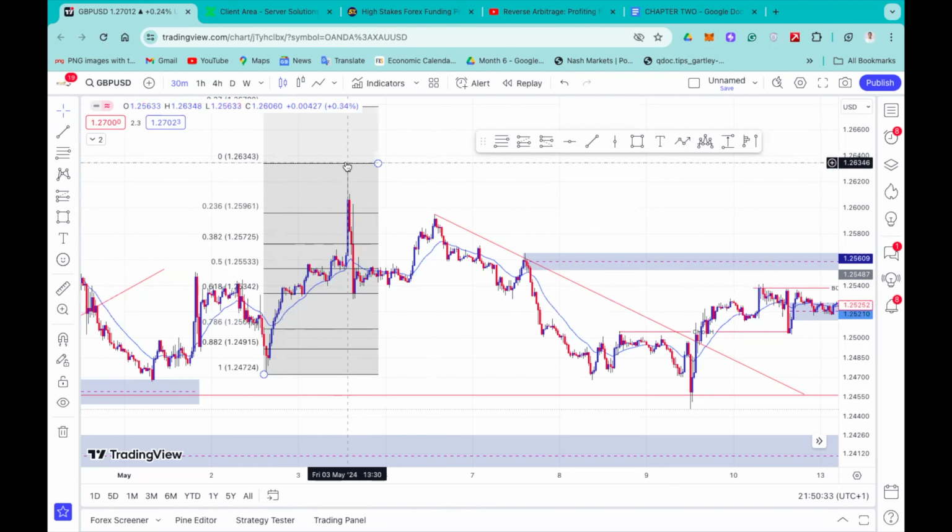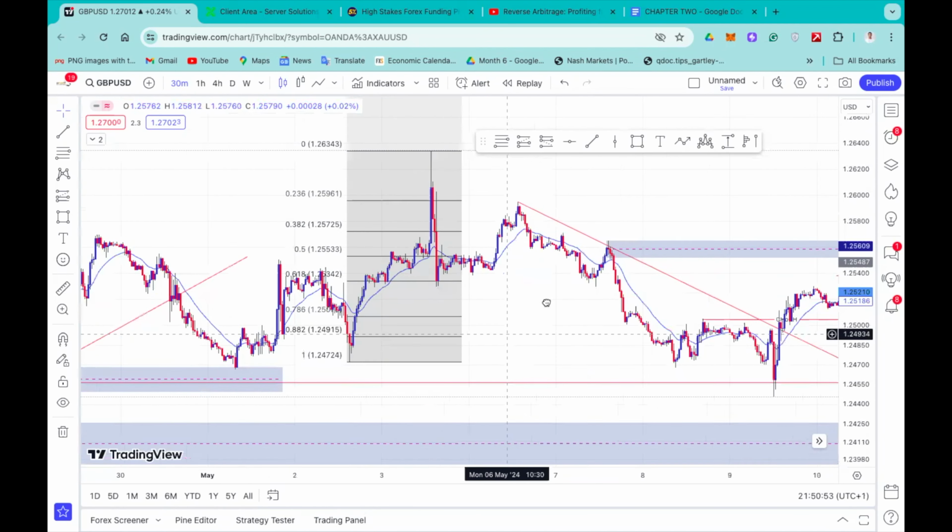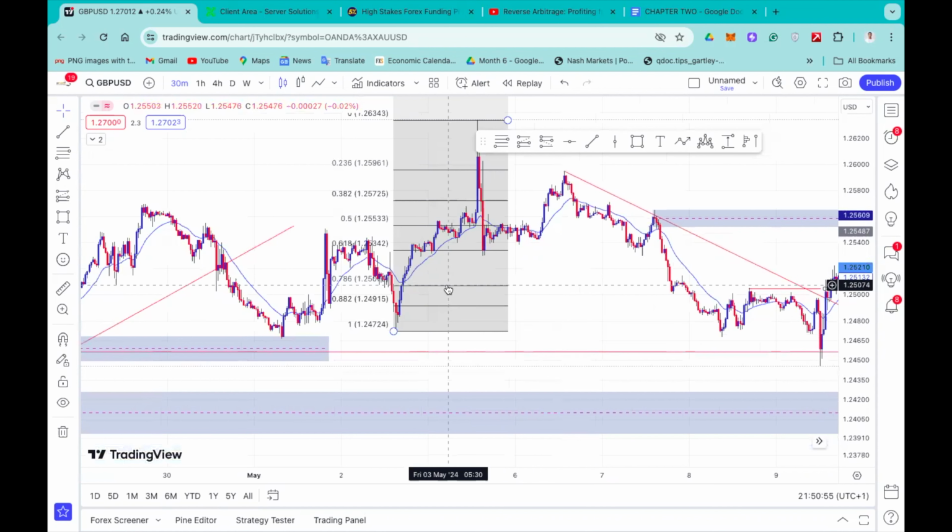Because of time, now you can see that price, from this low point here to this high point, actually retraced back to the 61.8 level and found support before pushing further up. Though it wasn't able to take out this high, you can see how well the 61.8 level held price before going up. So if we use the same approach here,